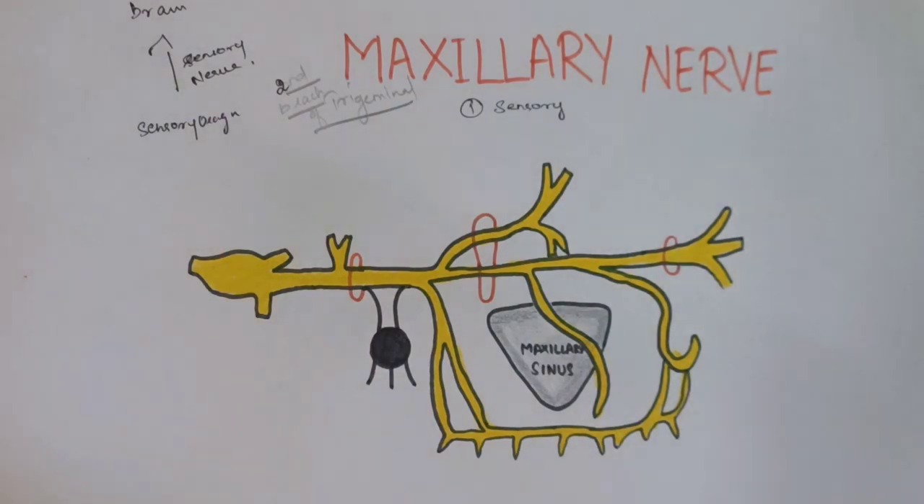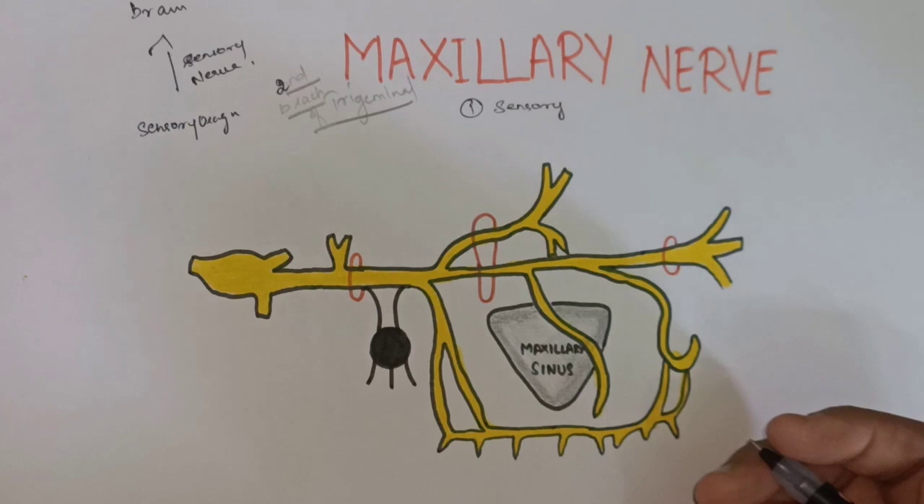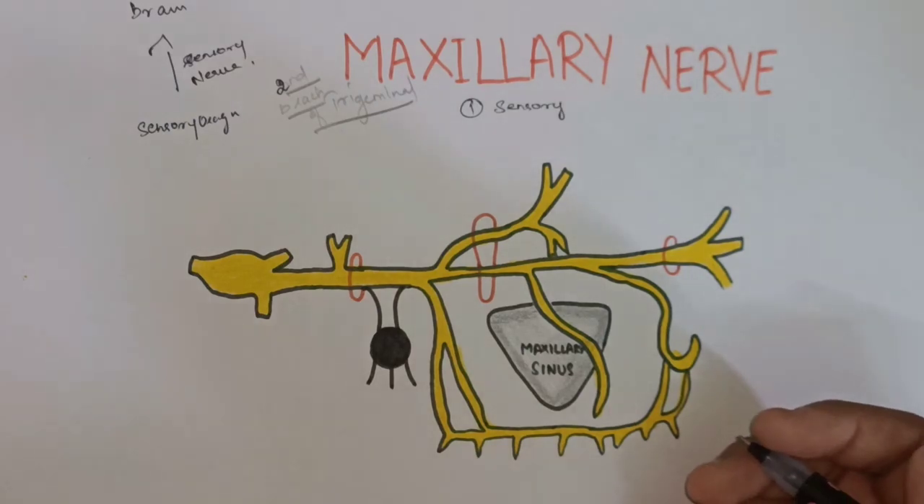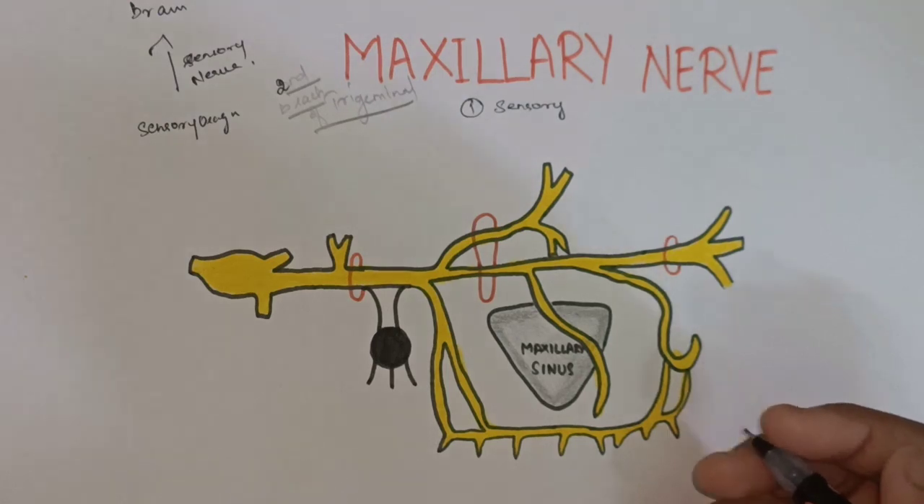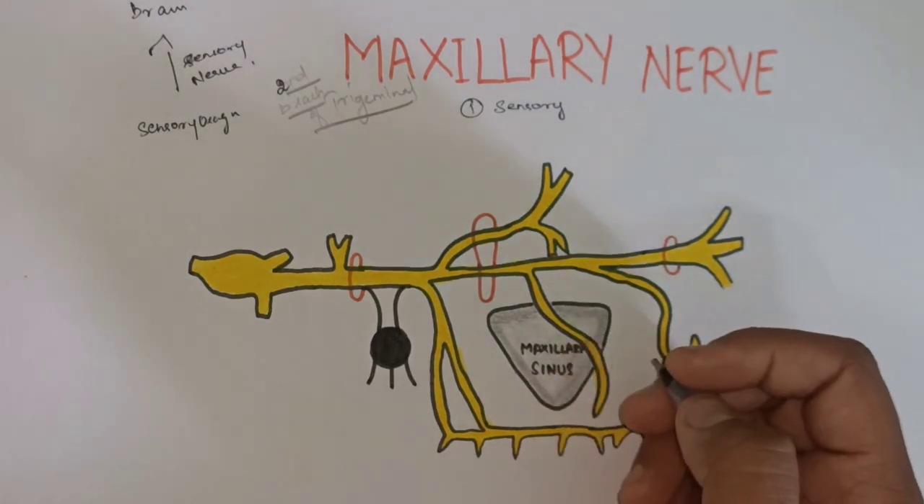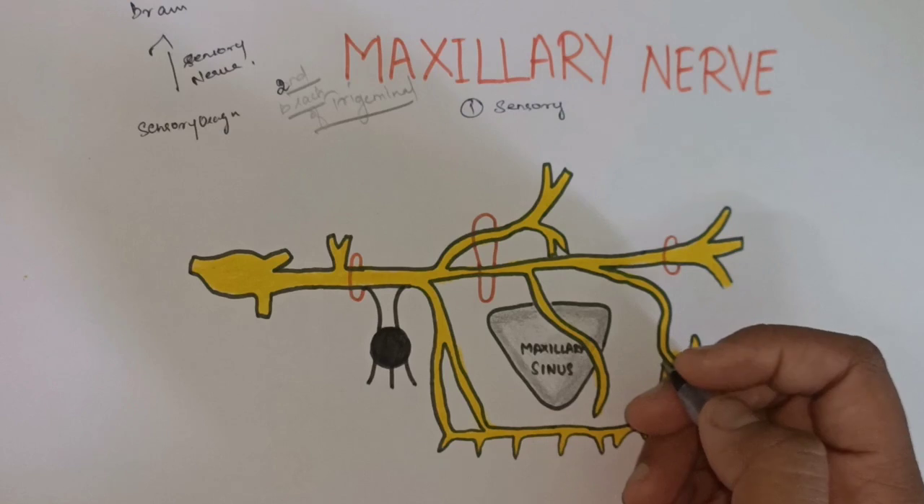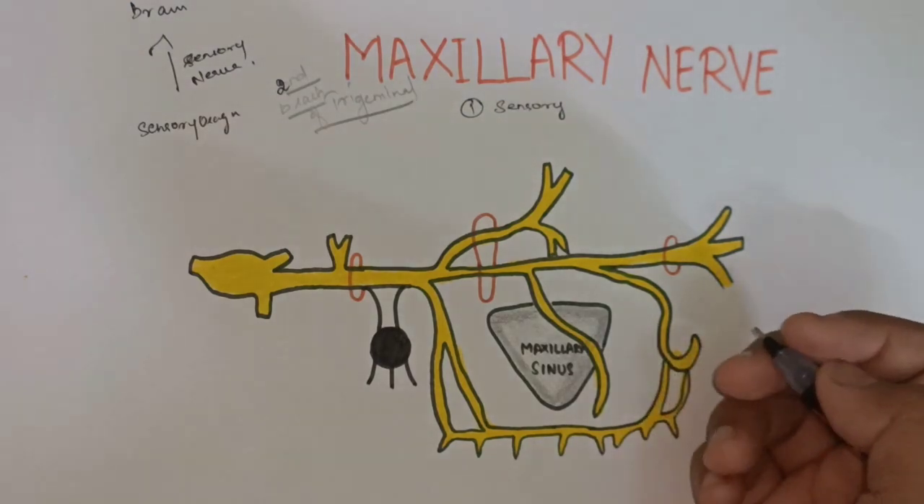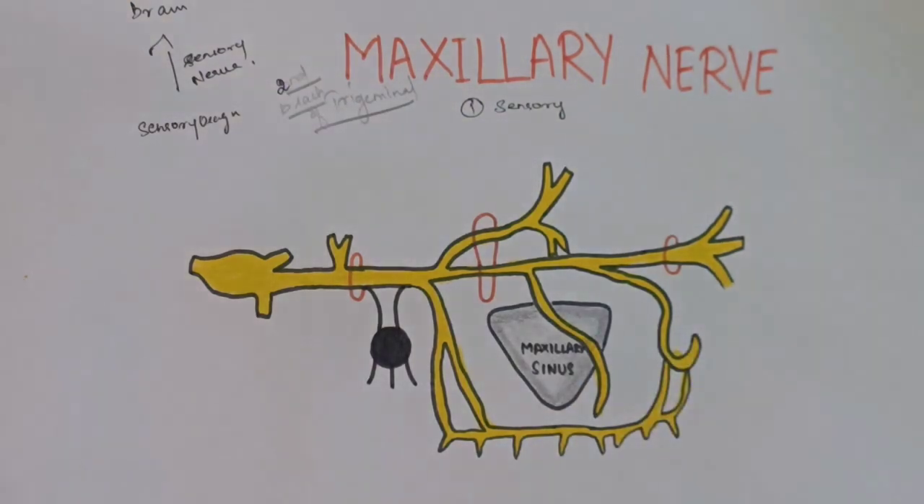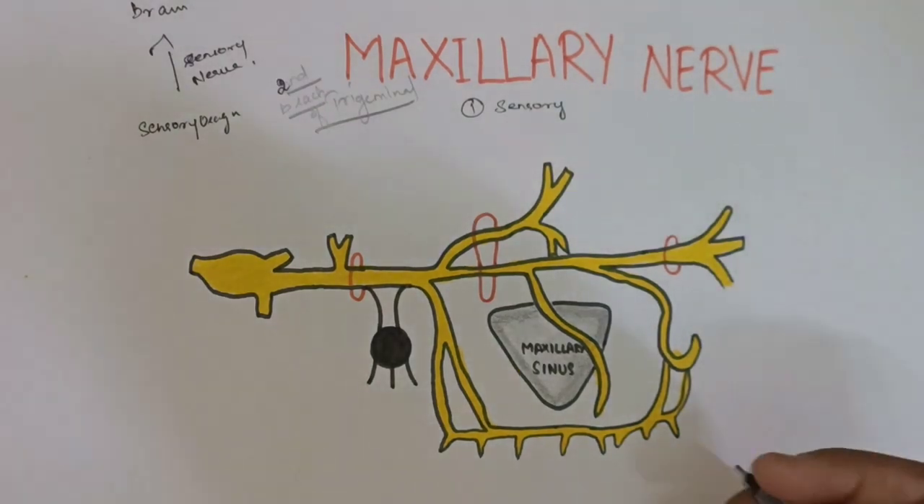Okay, let's see the course and relation of the maxillary nerve in detail: how it goes, how it distributes, and what are the structures it supplies. Before going into detail, you should know some of the structures I have drawn here to understand the course and relation of the maxillary nerve. Let's see. The first one is your